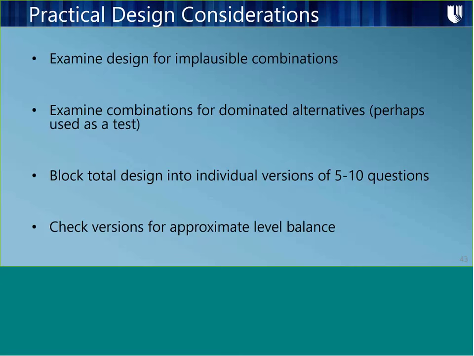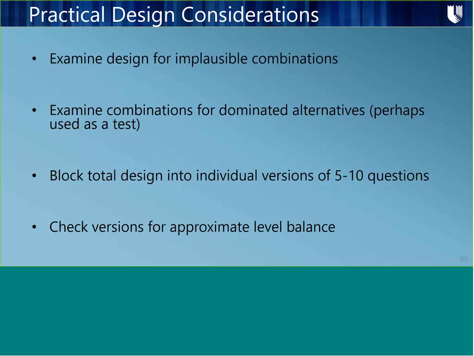respondent can answer. So we might end up with, let's say, 40 choice questions, and we can't ask any one person 40 questions. So we might block that into 4 versions of 10 questions. Now, there's a couple of problems with this. One is when we